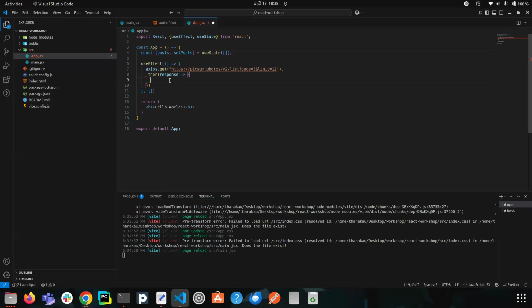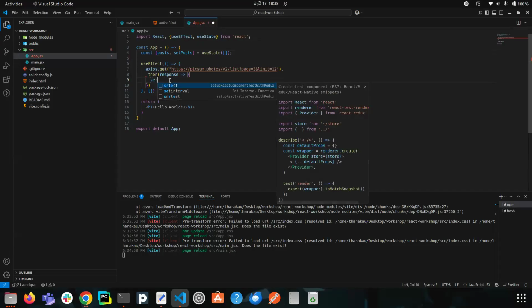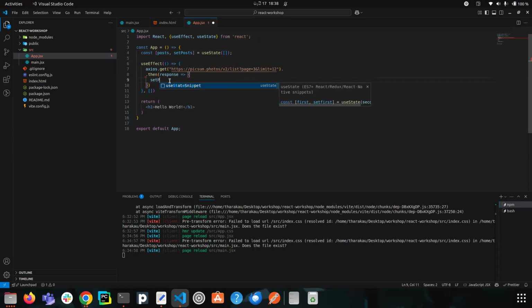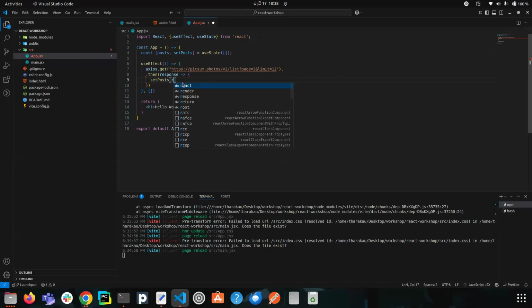And if we have the response, we will set it. setPosts, it should be response.data. If you use regular fetch, we need to convert that to a JSON object, but with Axios we don't need to do that. Okay,